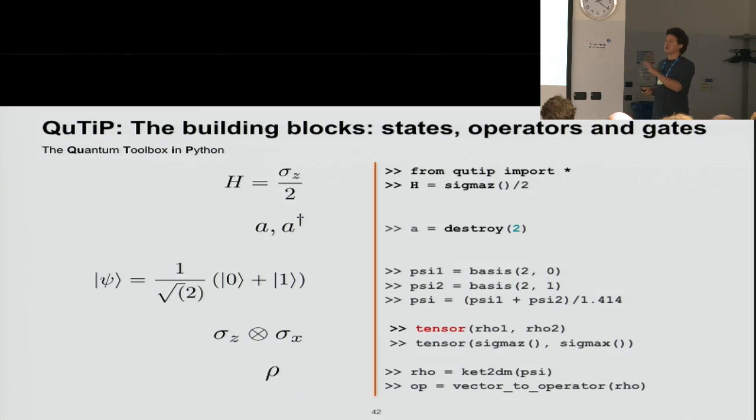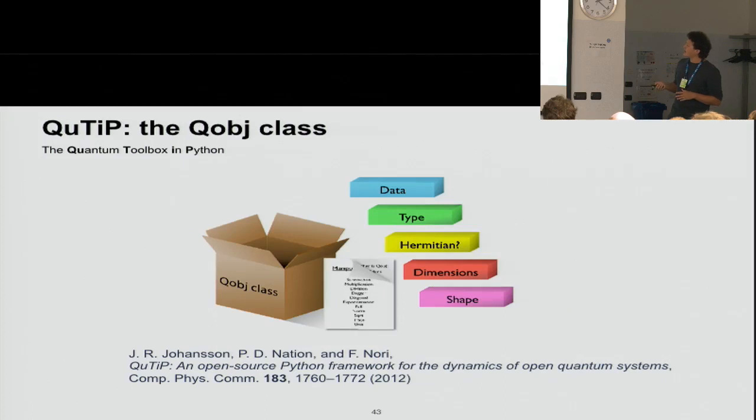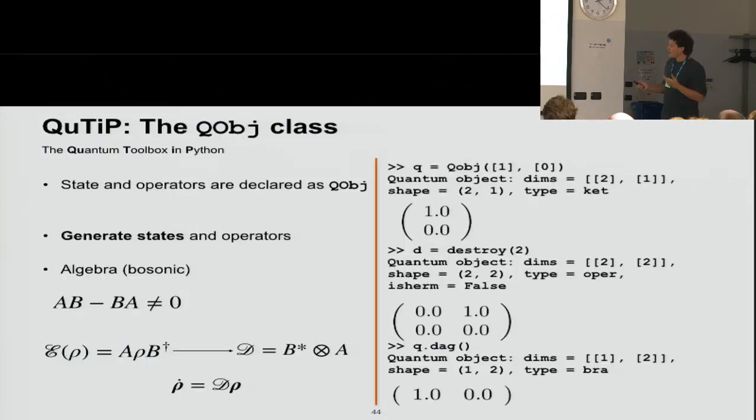So here on the left, you're seeing some of the typical equations that quantum mechanics researchers play with, and on the right there are some encoding with QuTiP. And again, the real power of it is leveraging the Python class structure. A quantum object asks what kind of data it is, the type. If the matrix has some mathematical properties, what are the dimensions and the structure and the mathematical substructure of the system? Here are some other examples of how this is implemented.